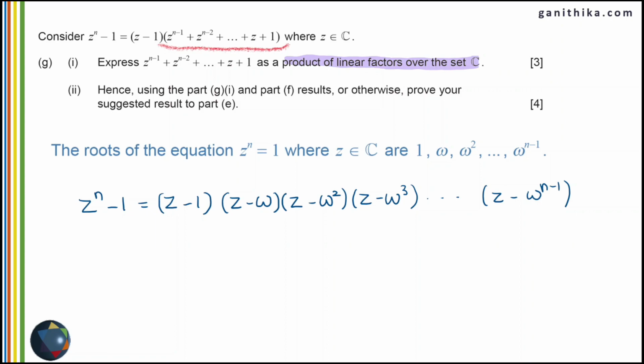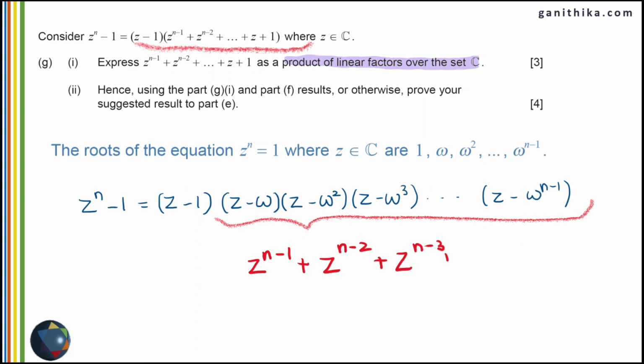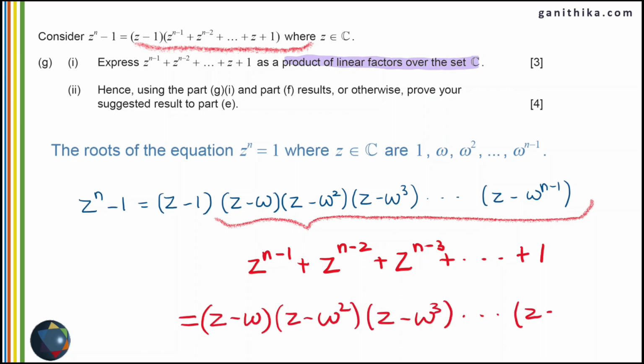Now compare what is given in the question and what we have here. This part is nothing but the n minus 1 degree polynomial which is given in the question. Therefore, this n minus 1 degree polynomial, which is z power n minus 1 plus z power n minus 2 plus z power n minus 3, etc., plus 1, is the same as z minus omega times z minus omega square times z minus omega cube, etc., times z minus omega to the power of n minus 1, and this is going to be the answer